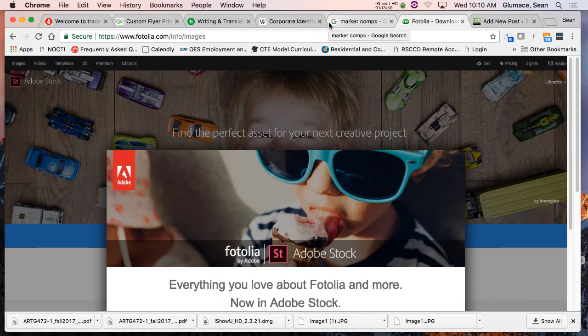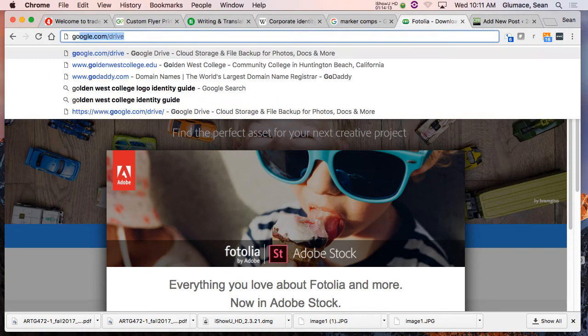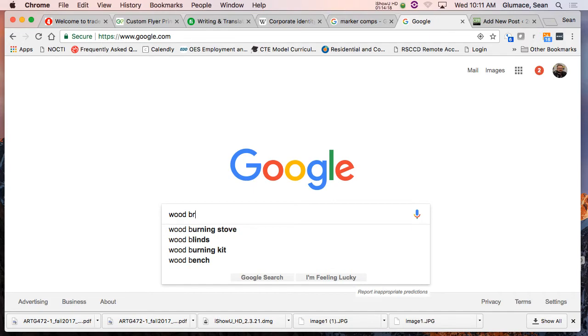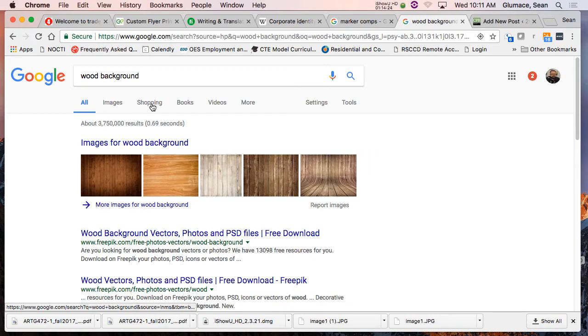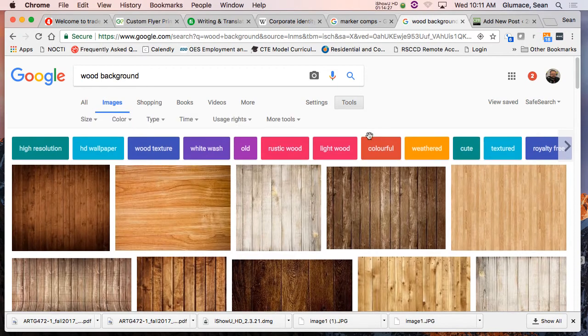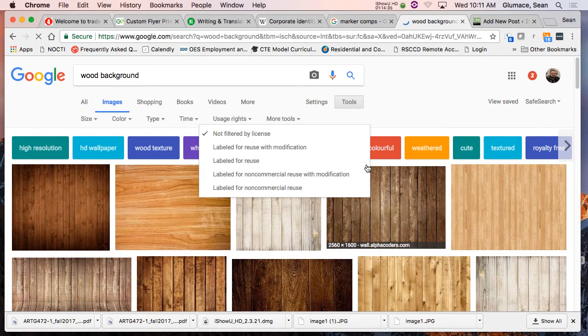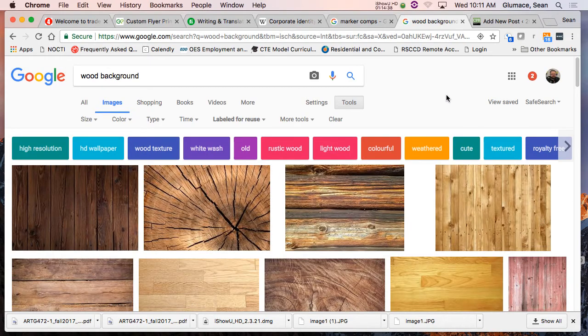I always get people like, I don't know how to do a wood background for info. I go find some wood and take a picture of that door and download it and drop it into Photoshop. Or go on Google and just type wood background with Creative Commons. Here, so if we go Google, I put wood background. And I go to images. If you go under tools, usage rights, labeled for reuse with modification or labeled for reuse, I do that. All of these are cleared with Creative Commons.